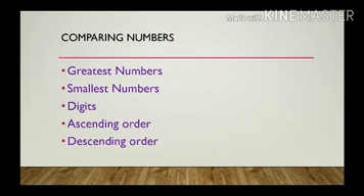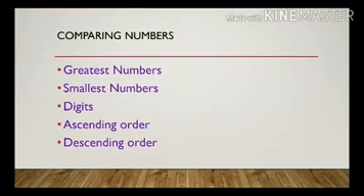Numbers help us to count objects. They help us to say which collection of objects is bigger and which one is smaller from a list of numbers. And we are now able to arrange them in order. That order means, as we have already discussed in the previous class, ascending order and descending order.